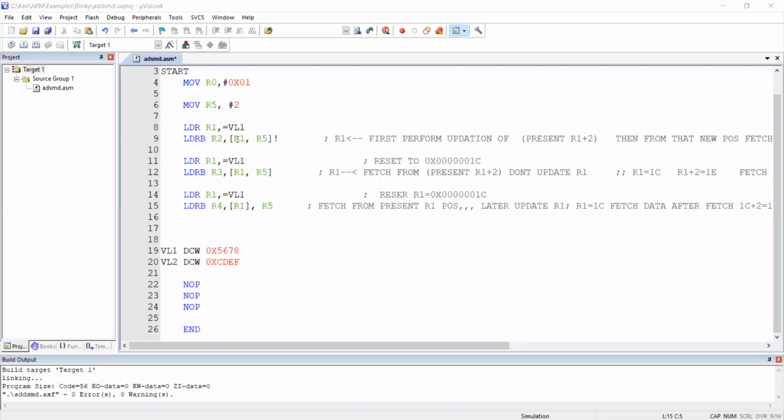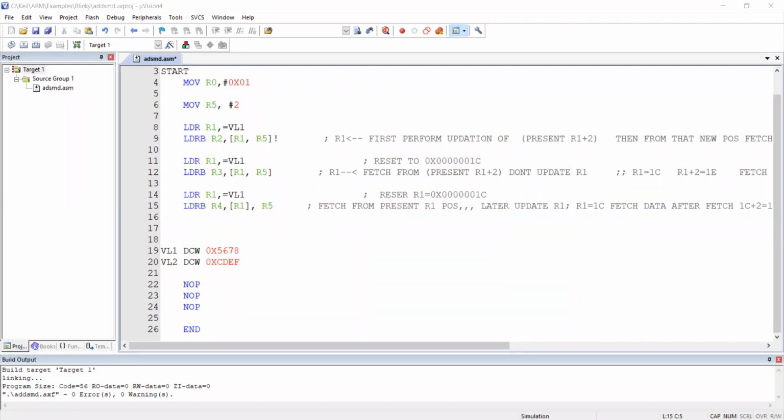See this, R1 plus R5. No, don't say 2, because 2 is replaced with R5. So this is how we should say. Load register byte, that means only one location, to R2. With what value?